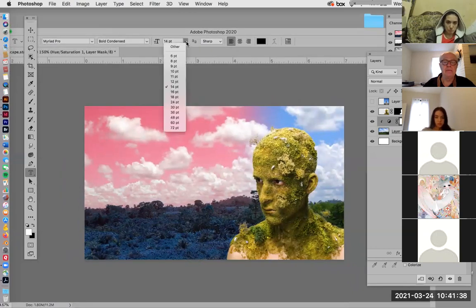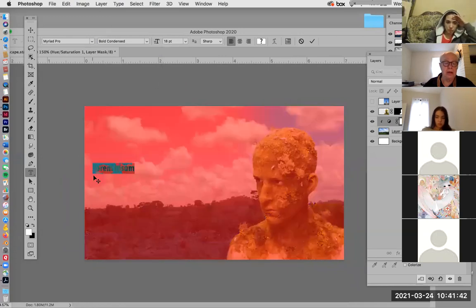Probably that's going to want to be bigger, I'm guessing. And there it is. It's going to be bigger now. Oh, I'm going to do all caps because I want to see. Oops, all caps. So I'm really typing into a mask right now,